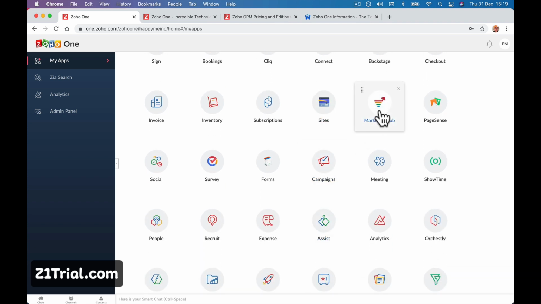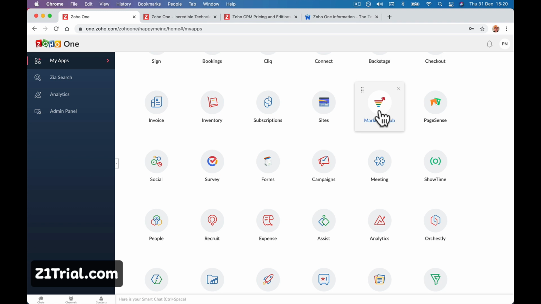Marketing Hub, I still haven't got my teeth fully into Marketing Hub, but it's a really powerful app that will track people into your website, will track your leads, track what they clicked on, track if they went to a goal. So say you had a landing page on your website where you want people to go through to information and go to the sale page and buy. Marketing Hub will track that process and show you where people fall off, show you what's happening, track who's logged in, and then obviously the goal is to get the purchase, and then they will put that information in your CRM, and you can email and do things